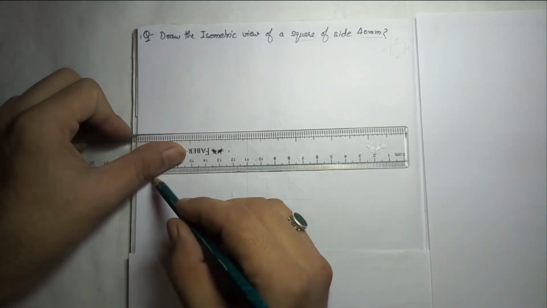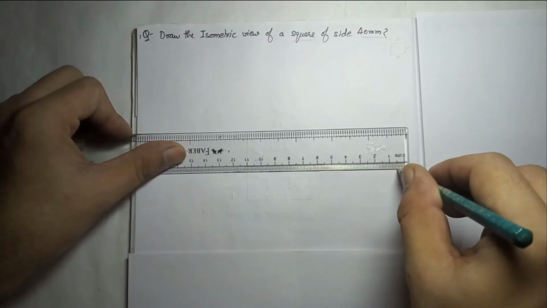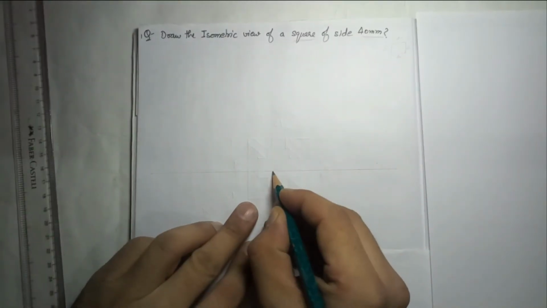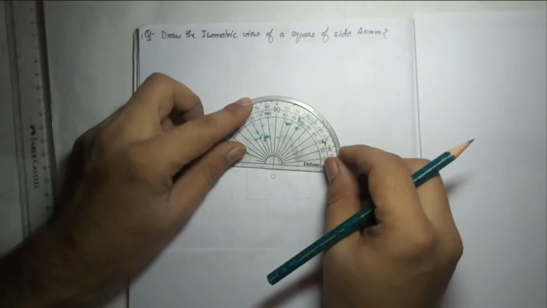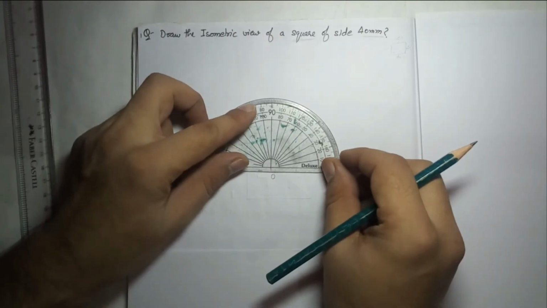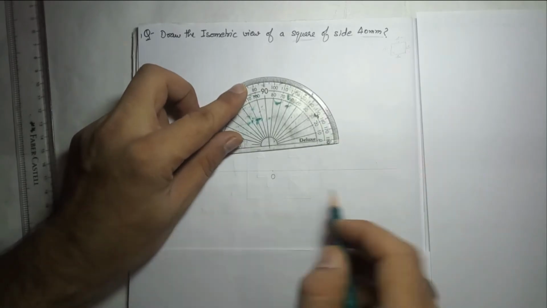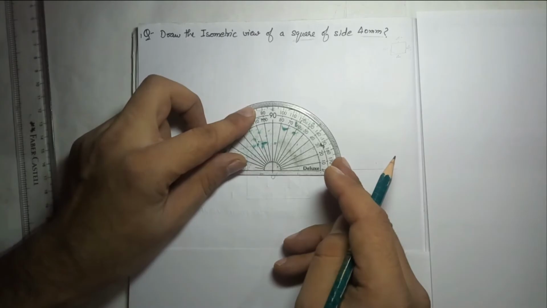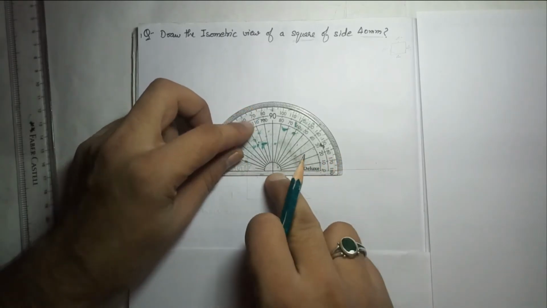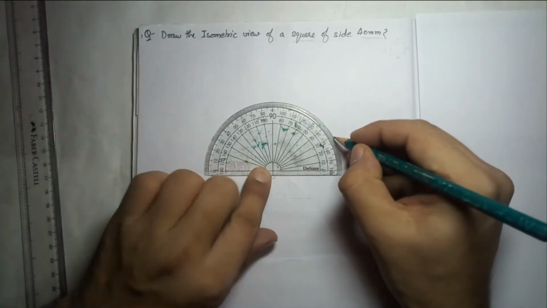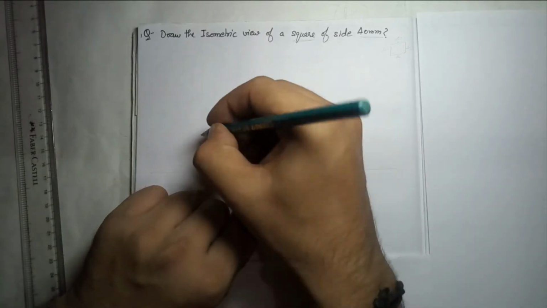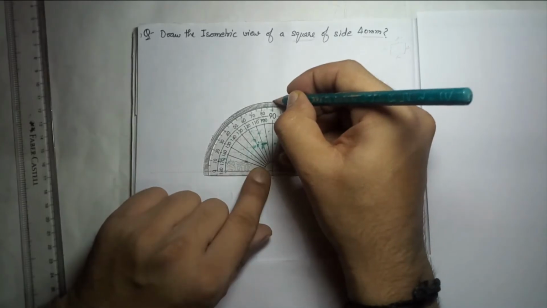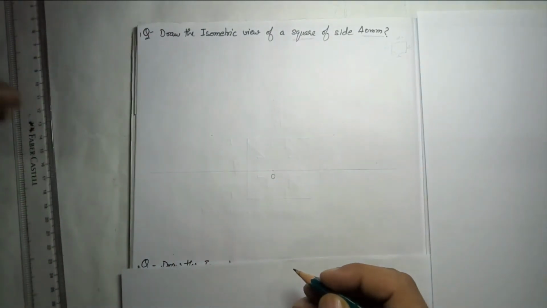First we will draw a ground line. Now you have to draw this axis very light because we have to draw the main diagram, so it should be very light, not visible, so it should not change the shape of the main object. After making the ground line, we take a 0,0 point and put the protractor on this point. Then we measure 30 on this side for OX, 30 on this side for OY. Then we take 90 upward. So we have marked 3 points.